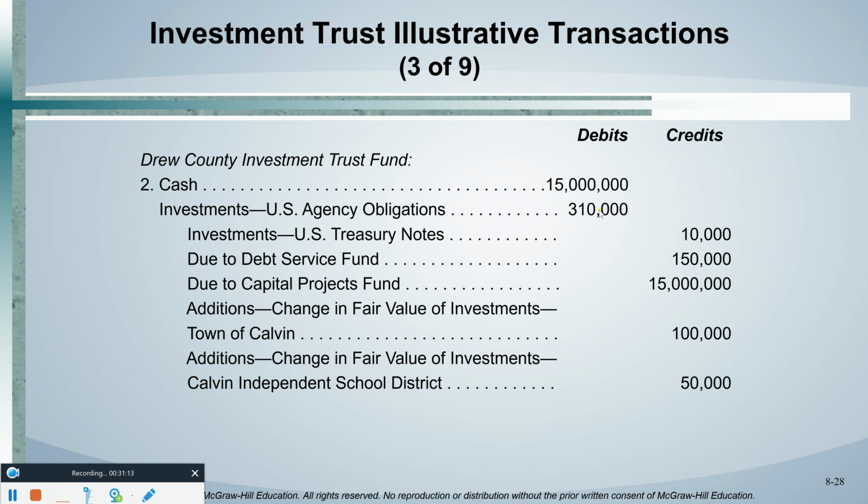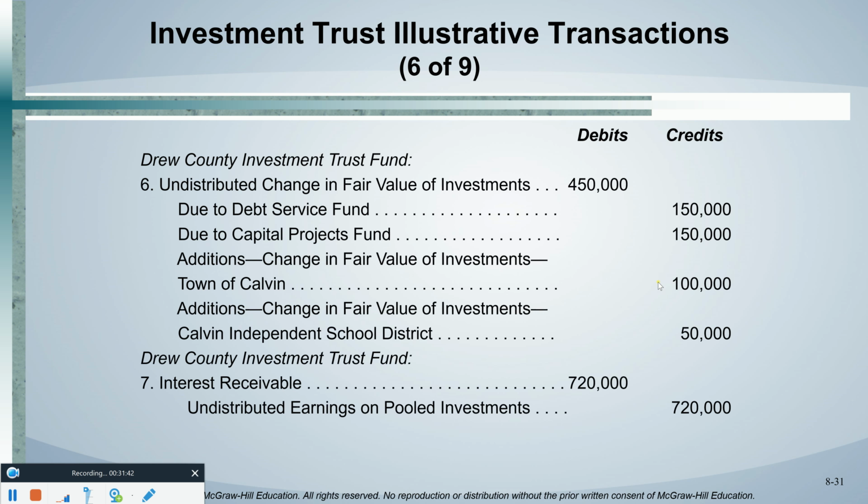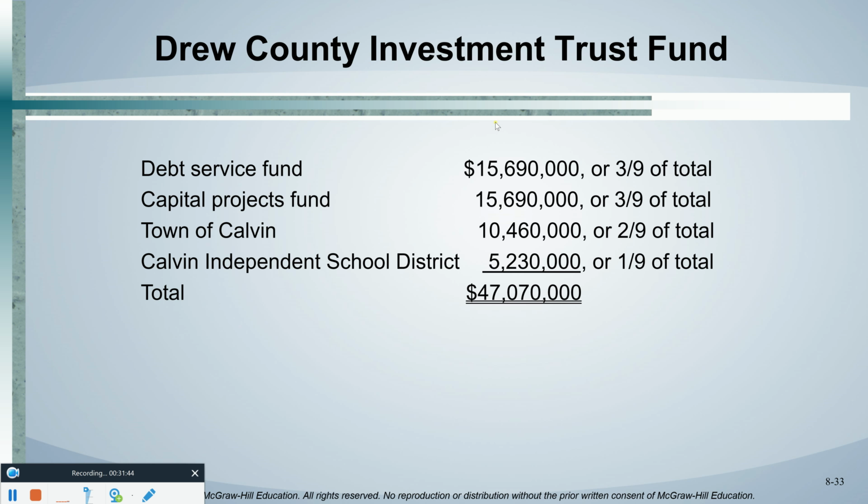So on a net basis, the investment portfolio went up $310,000, it went down $10,000, so it went up a net of $300,000. Well, that $300,000 increase in the portfolio is going to be allocated to all of the participants in the pool based on their ownership percentage at this moment in time. Well, we're not going to include the Capital Projects Fund because they just joined. But, and let me show you this. I'll come back, but I want to show you that the Debt Service Fund owns,